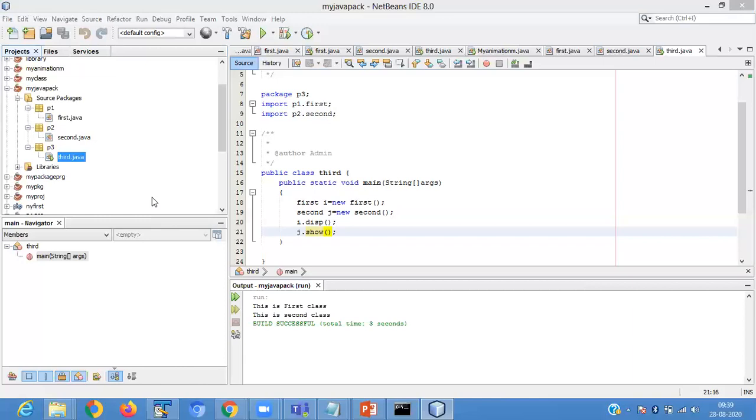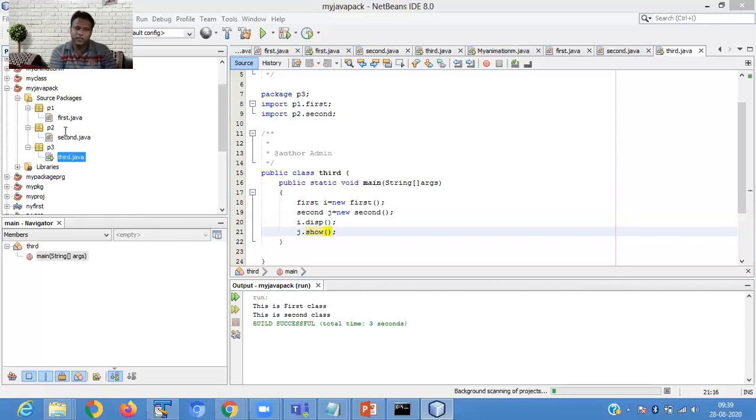This is the first class and this is the second class. Okay. So this packaging program is helping you to create a modularization program. So you develop the program in your own location, in your package. Like in p1, I'm defining first.java. In p2, I'm defining second.java. Now in another package, I have the requirement of these two types of class. So I have to call them here. For calling the classes present in different packages, you have to use the import statement: import p1.first, import p2.second.